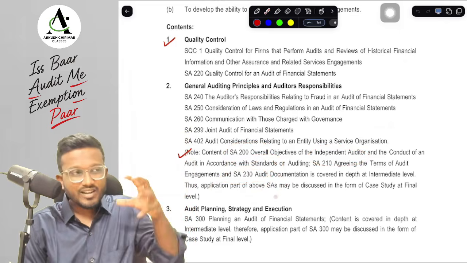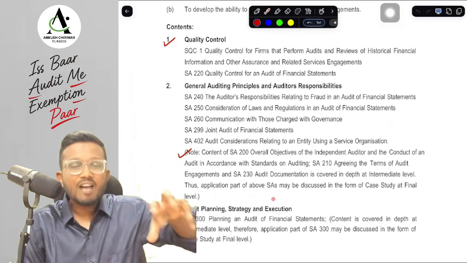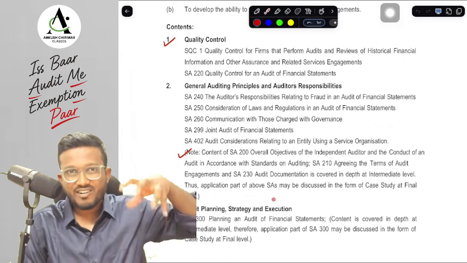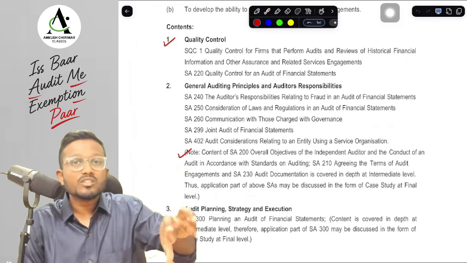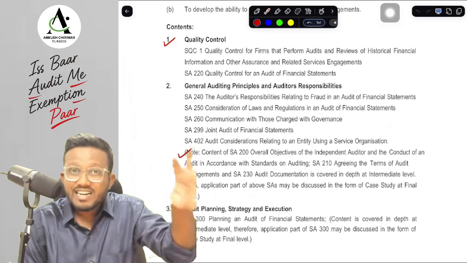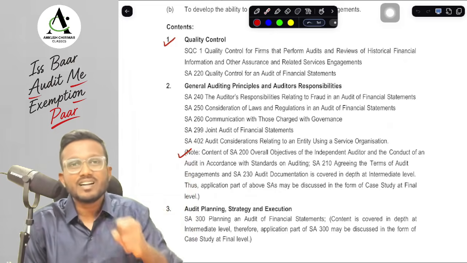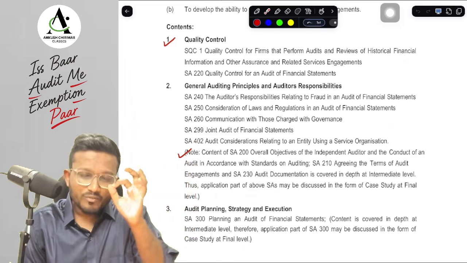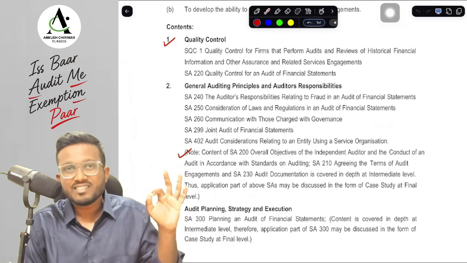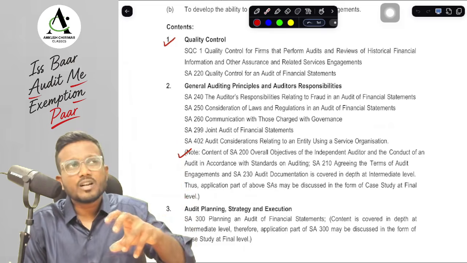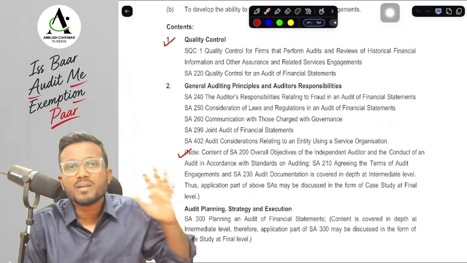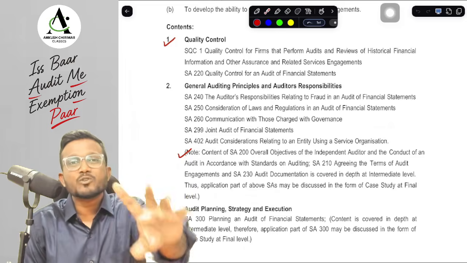So what I have done is I have taken your CA Intermediate module. I have identified what standards are covered, what parts of the standards are covered in your intermediate module, and out of those parts, which can be asked as an application based case study. I have included those in your CA Final audit concept book. So you don't have to study anything other than what I am covering in this concept book. Trust me, because the purpose of audit documentation, what is the nature of audit documentation, will not be asked by ICAI, because only application based questions will be asked.